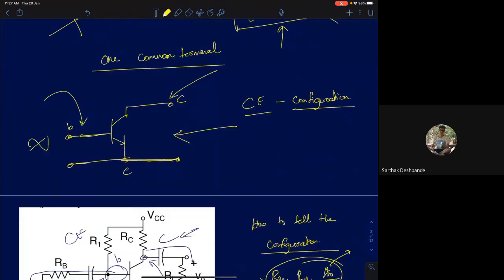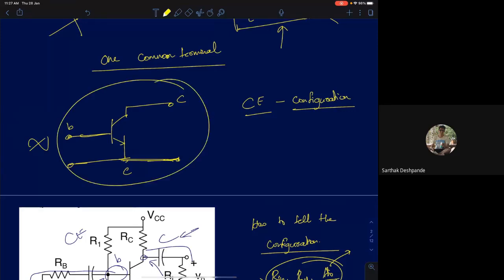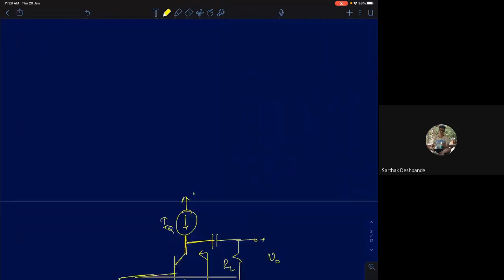So I just introduced the concept of common emitter configuration. So now we will take a common emitter amplifier and try to find out the input resistance and output resistance. See, this is a simplest common emitter amplifier. I have not connected any source. I have not connected any load yet. So we'll take this and try to find out the three parameters of it: Rin, Rout, and A0, intrinsic gain. Three things for a common emitter configuration.